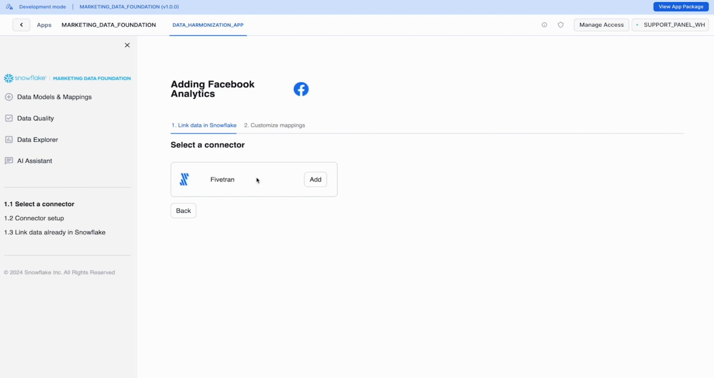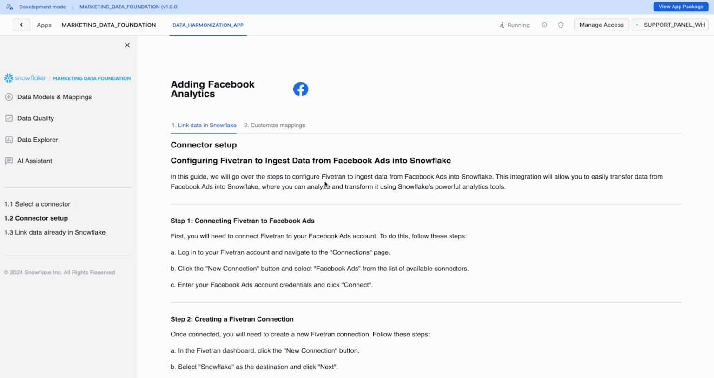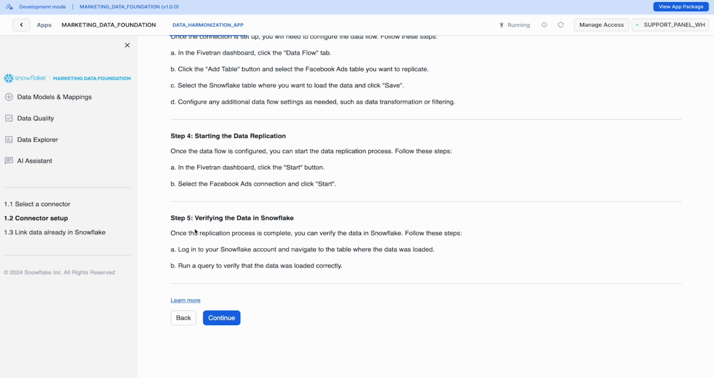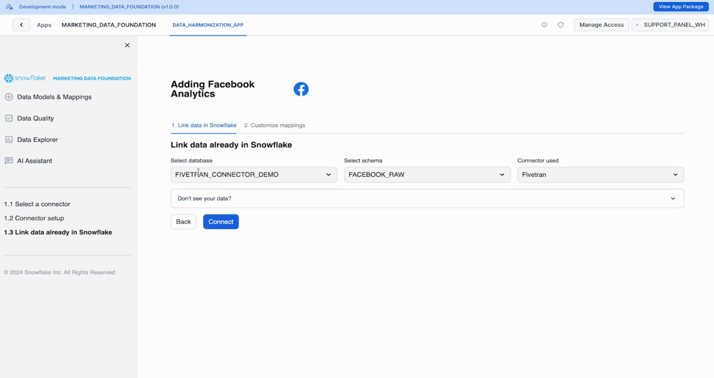And here we need to choose the connector. In this case, for this demo, we have Fivetran as the connector. But again, we're planning to add more connectors. Here, you can see that we have a set of instructions that will let you know how to use the connector to bring your data into Snowflake. And once you click on connect, you need to choose the database and the schema where your data has landed in Snowflake. So once you click connect, you will see the set of tables that contain the information related